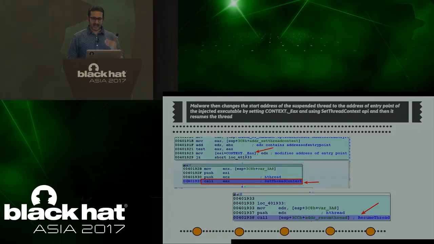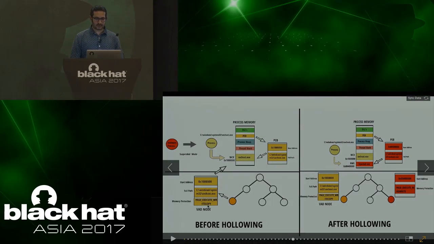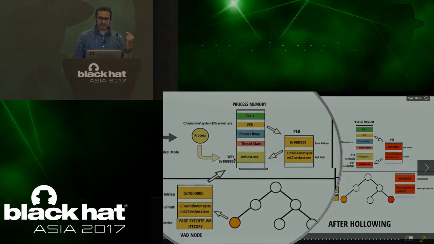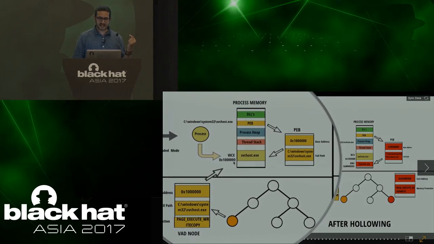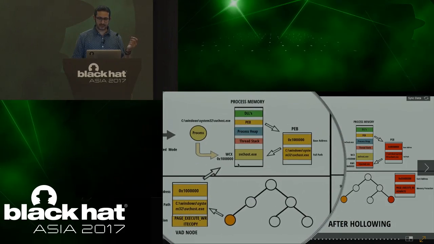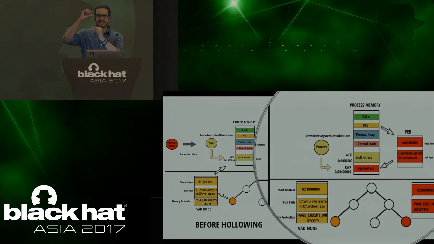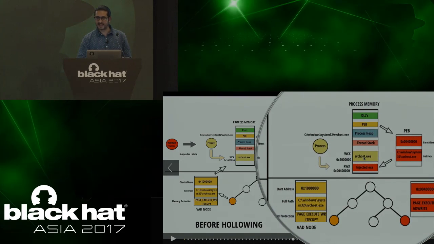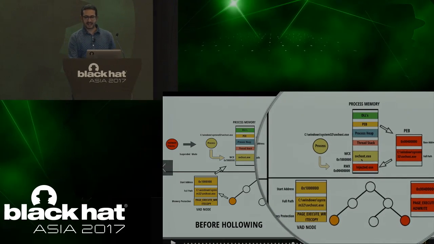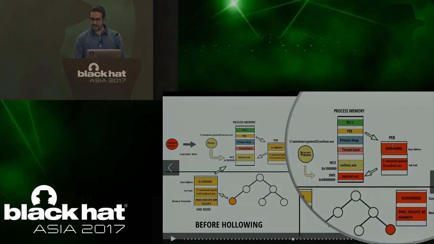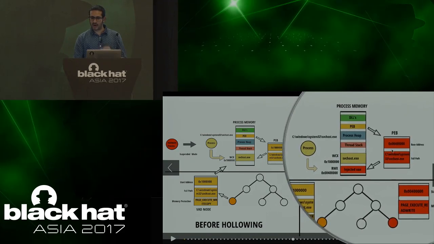As a result of that, it's hard to visualize, so this diagram should help you visualize what happened. So the malware created svchost.exe in the suspended mode. You see initially it has a write copy protection. This is the address where it is loaded, PEB and VAD pointing to that. Then I told you the svchost.exe is still there. That is a suspended svchost.exe, that's a legitimate executable. You see it's still there, it did not hollow out, but it allocated a new memory in this region and injected an executable, and it modified the PEB to point to this region. Now according to the PEB,